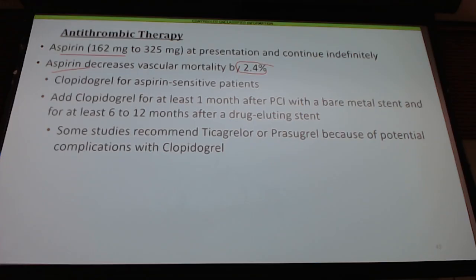If they can't take aspirin, then definitely give them clopidogrel. And then they're going to be on antiplatelet therapy. If they undergo PCI and get a cardiac stent placed, they're going to need to be on dual antiplatelets. So they will be on aspirin and clopidogrel, or one of the varieties of antiplatelets that are out there. They'll be on at least 2 medications.